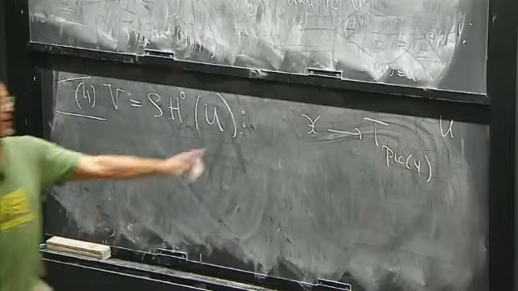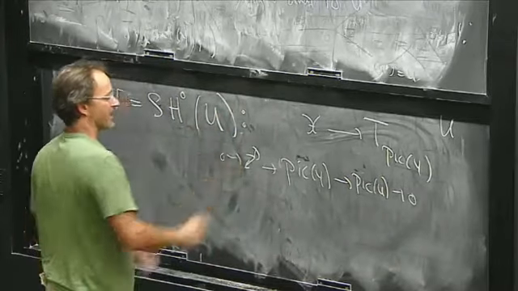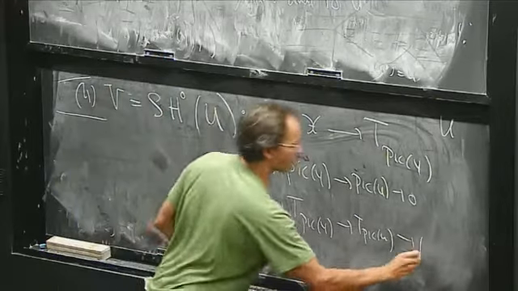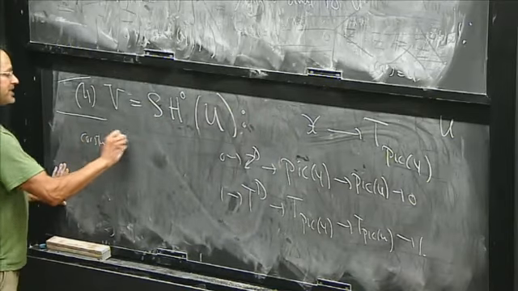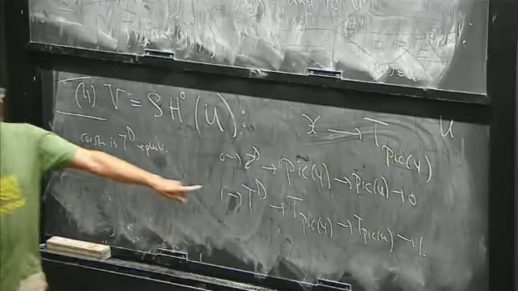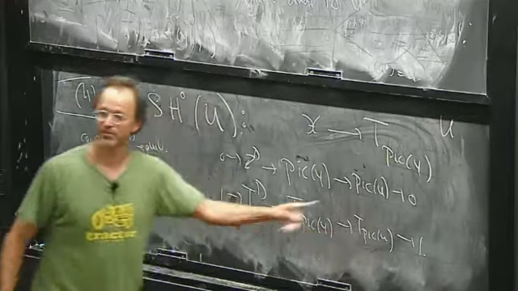But what's actually true is, if you look at this sequence, Pic Y goes to Pic U, and take whatever the kernel is, it's generated by the boundary divisors. You get a corresponding map of tori. And we call this torus the relative torus. What you can show is the whole construction is equivariant. The construction is T_D equivariant. That's clear from just the definitions. So you can take the quotient by the relative torus. You'll really get a family over this. And that is completely independent of all choices.